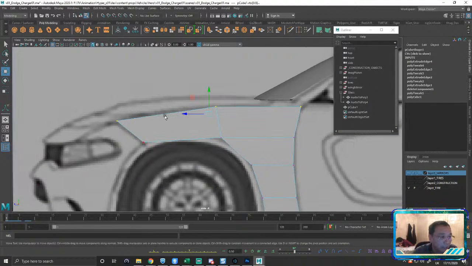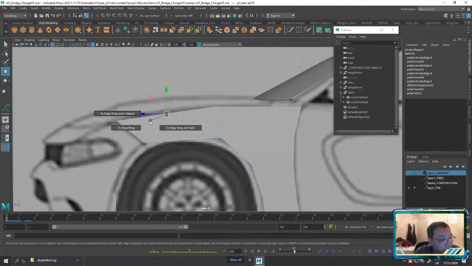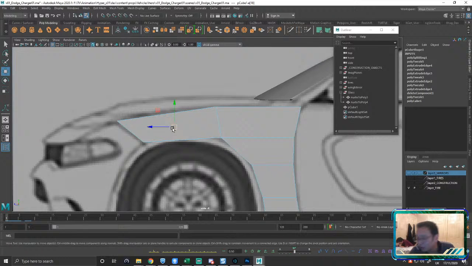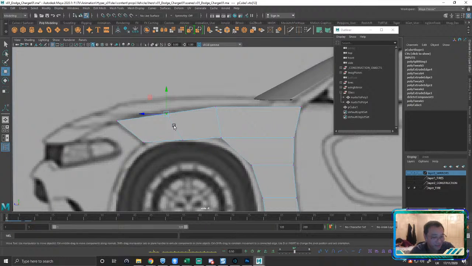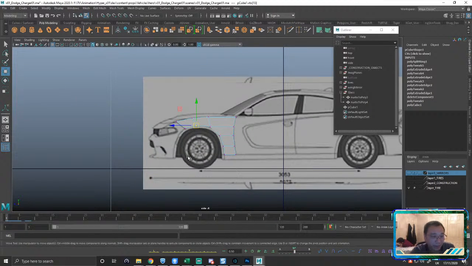And if we want to add a little bit more curvature, we can go to edge, shift, right click, or control, right click, edge ring and split, right? I know it's an old school tool. I'm just used to using it. There are other tools these days. I think that's why they've nested it, because it's an older tool. So they've buried it somewhere where I've got to find it, right? And then we do that, right?